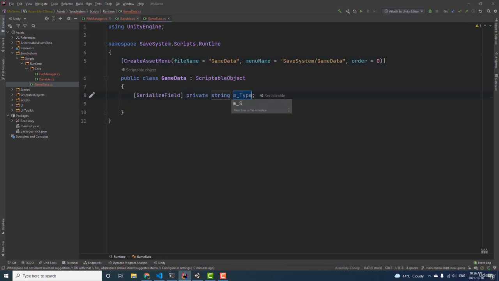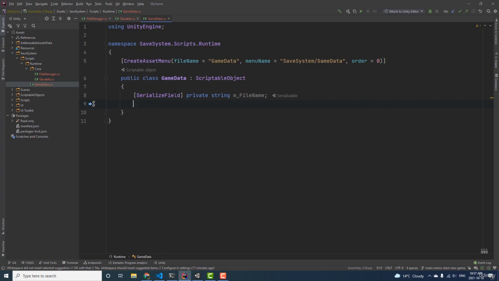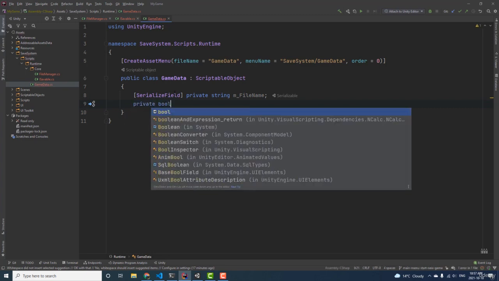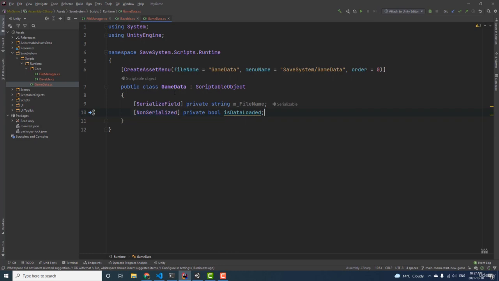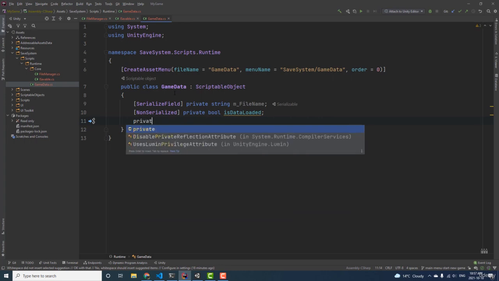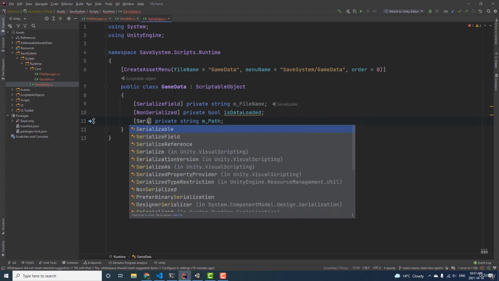Now we're going to create a variable for the file name. And then we're going to create a variable to determine whether the data has already been loaded. And we make sure that we set it to non-serialized because we don't want the scriptable object to store it such that it persists